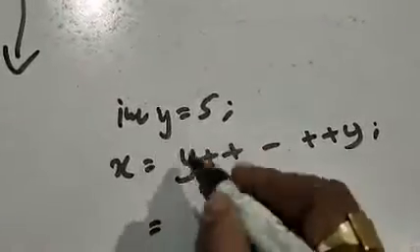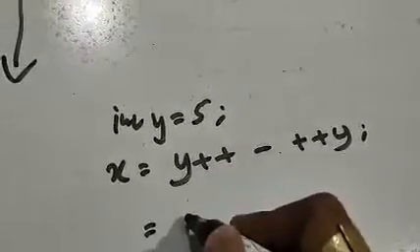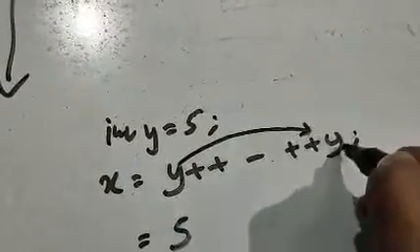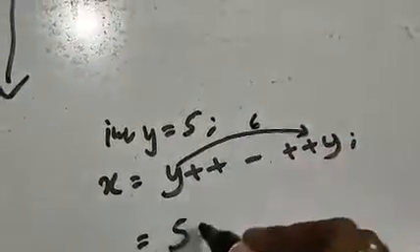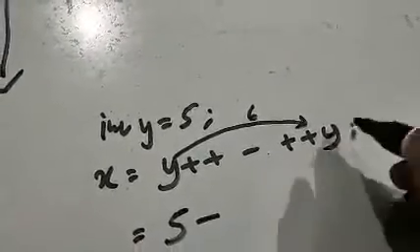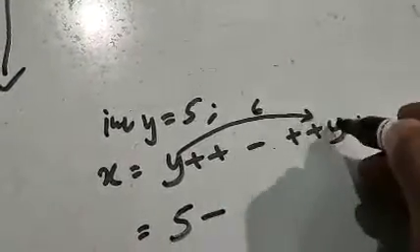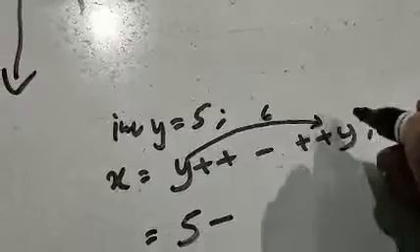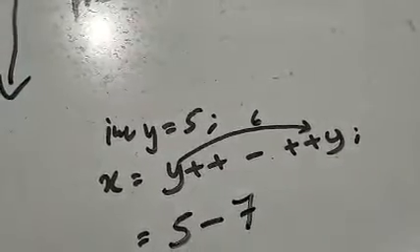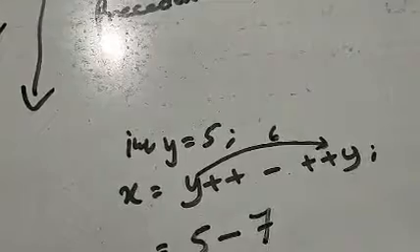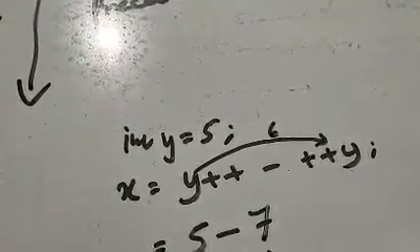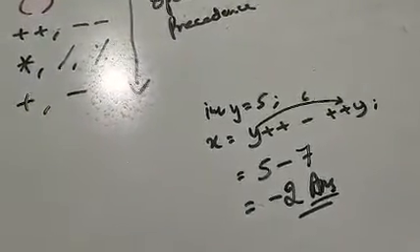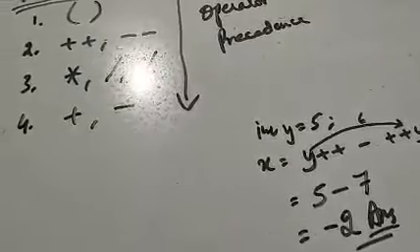Since y is 5 and it is postfix, first use the value. So 5 is used, then y becomes 6. As it becomes 6, it goes over here because there is a y over here. Bring this minus sign here. Now 6 is coming here, but before it can be used, it is increased by 1, so it becomes 7. Therefore, x is equal to 5 minus 7, which becomes minus 2 as the answer. This is how we solve increment and decrement operators along with other arithmetic operators.